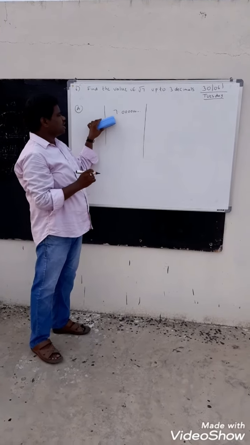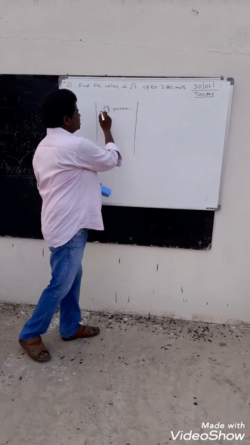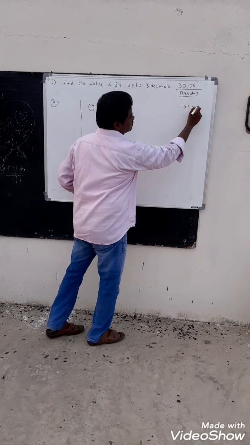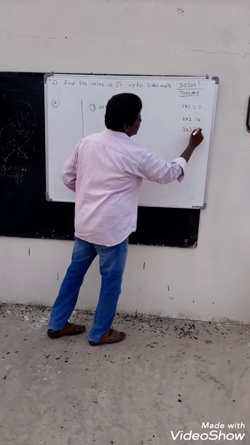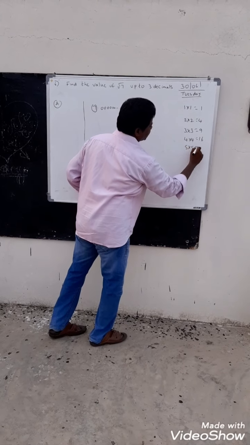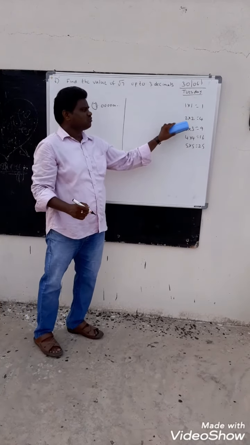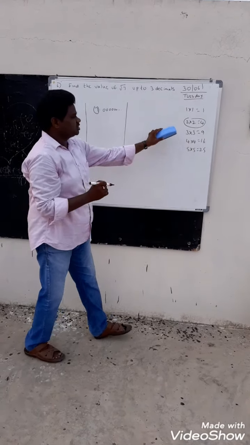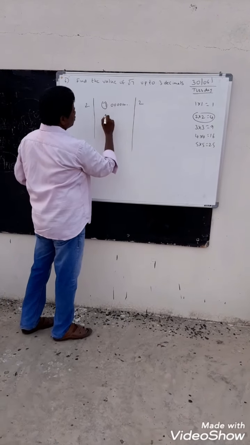First you have to, what is here? 7 is a real part. So this is 7. 7 means you have to see the perfect square. That means, already I told you, you have to first write 1 into 1 equal to 1, 2 into 2 equal to 4, 3 into 3 equal to 9, 4 into 4 equal to 16, 5 into 5 equal to 25. Like that you have to write. First you are having 7. 7 means 1 one is 1, 2 twos are 4, 3 threes are 9. That means 2 twos are 4. 3 threes are 9 means it is going to be bigger. That's why you have to take 2 twos are 4 here.